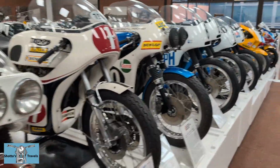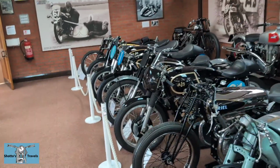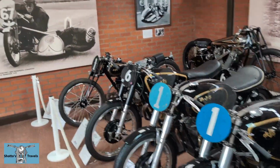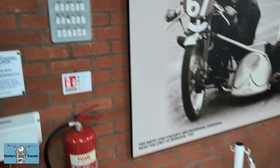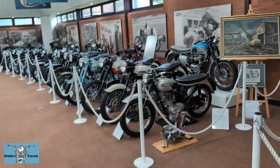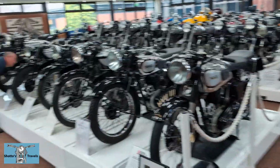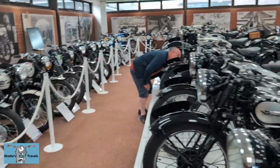What I'm going to do now is make my way to the cafe, of course, because there is a cake shop here, so it'd be rude not to, wouldn't it? So we'll go in the cafe. So the plan is, that was hall 5, so there's 5 halls of these wonderful bikes,